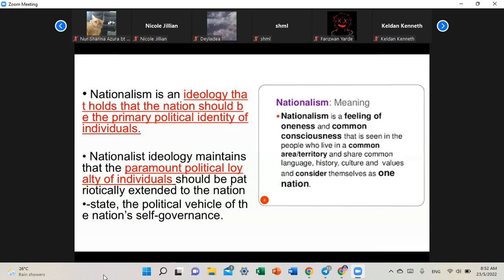It's an ideology that holds that the nation should be the primary political identity of individuals. Nationalist ideology maintains that the paramount political loyalty of individuals should be patriotically extended to the nation-state, the political vehicle of the nation's self-governance. So it's an ideology, right? You can see this, for instance, in our Rukun Negara,